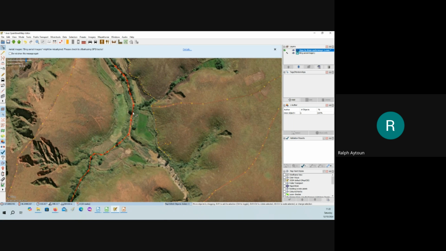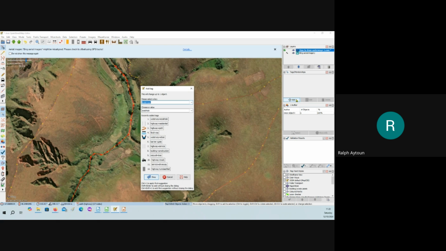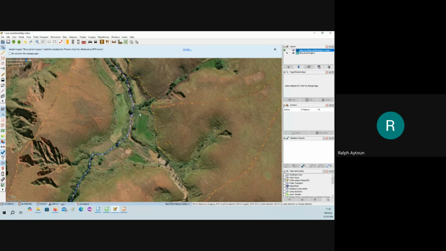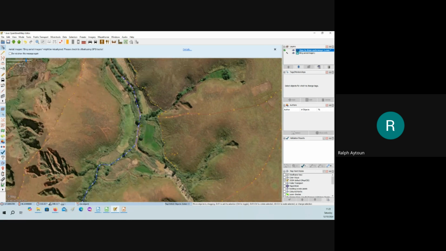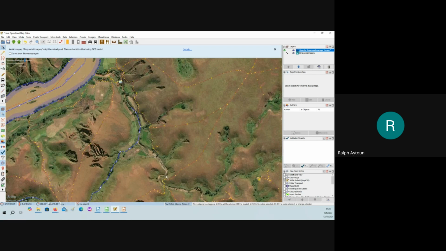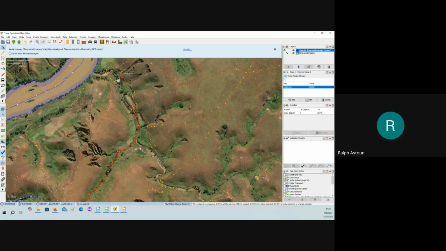Okay, now select add waterway, and I want that as stream. Okay, right. So I've got the stream there. Now that is wrong, because in actual fact, this should be continuous along its length. So this is what I call doglegging. Okay, and that is not very good.